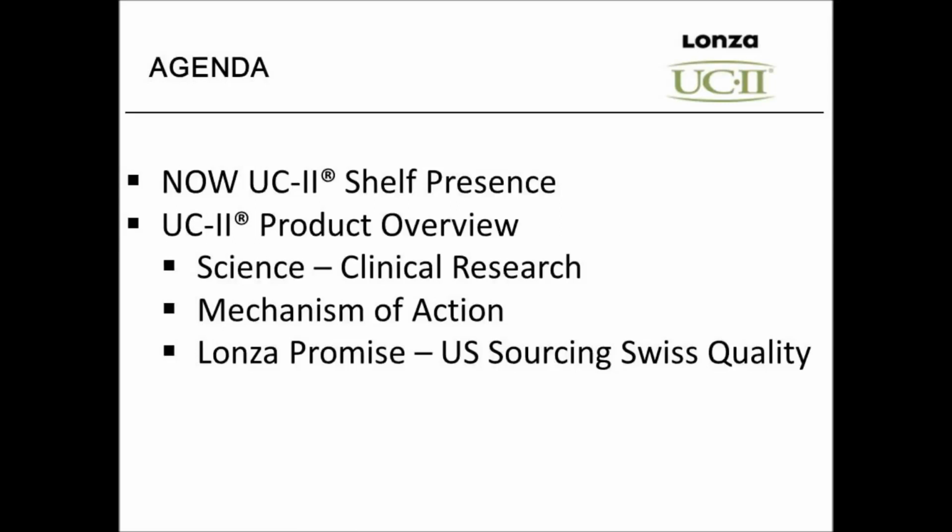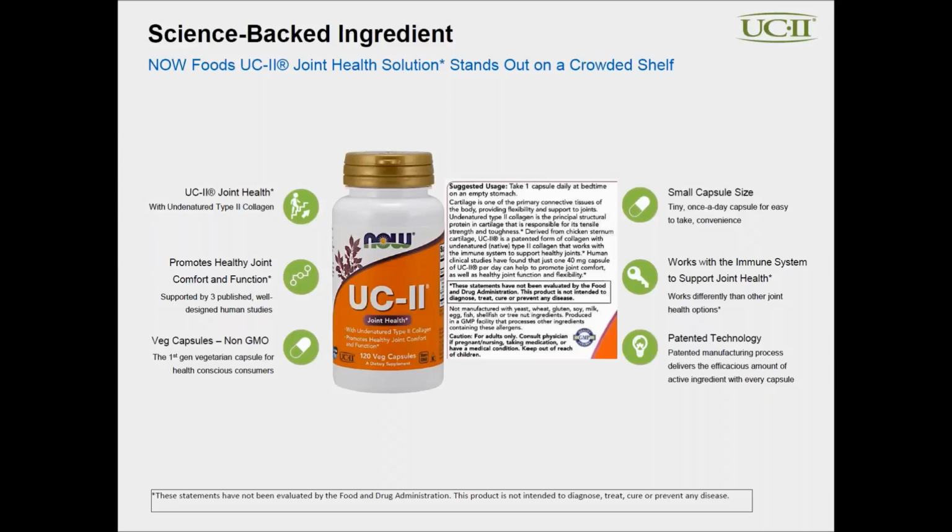So let's take a quick look at what the Now presentation looks like on the shelf. Here's a quick snapshot of what that bottle looks like, and I just want to point out a few quick things. Number one, small capsule size. What's unique about UC2 is that it's a 40 milligram dose delivered once per day. And for many customers who are suffering from pill fatigue and so on, a once-a-day capsule is a very nice